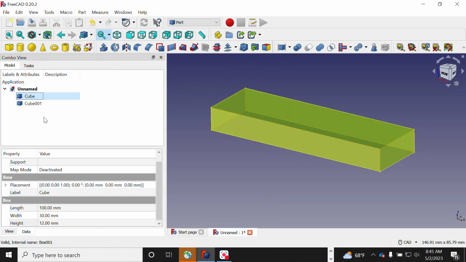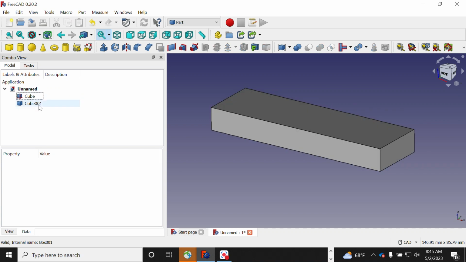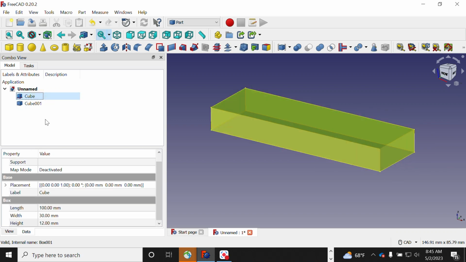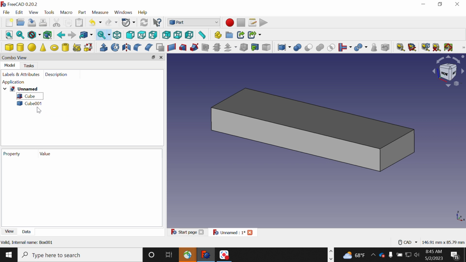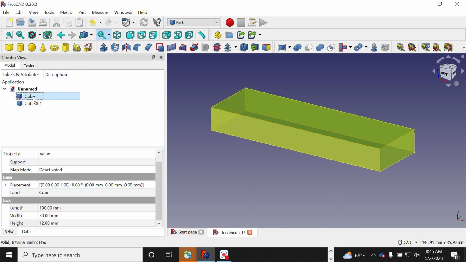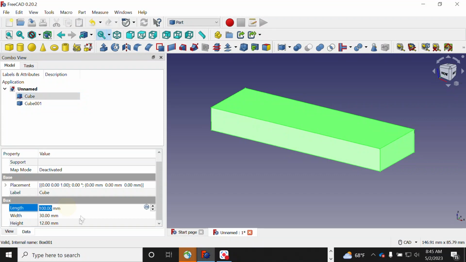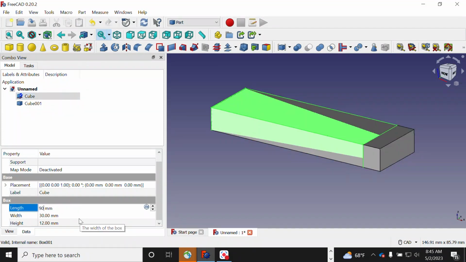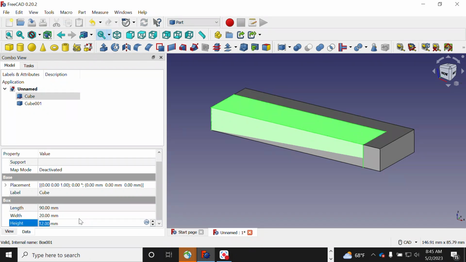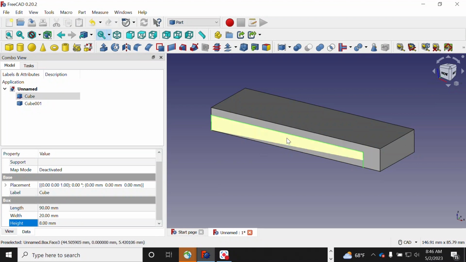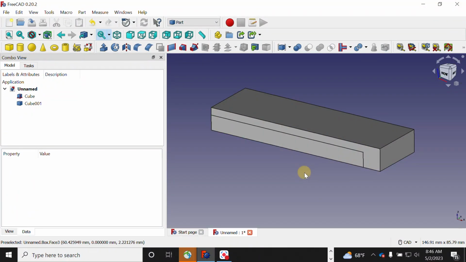So now we have two cubes. Of course, we're not gonna be able to see the difference because they're just on top of each other. So if we reduce the dimensions of one cube, let's say to 90, 20,